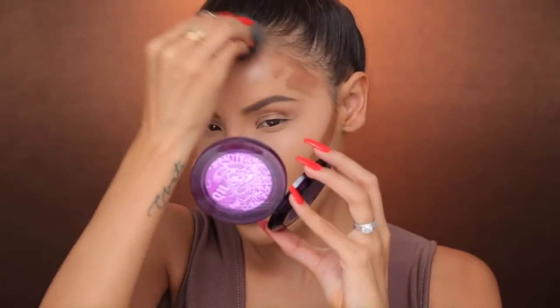I love this foundation stick. I've been using it since forever to contour and bronze. I don't really like it as an all-over foundation, but I love it as a contour. So next, I'm gonna go ahead and dip my beauty blender into my Laura Mercier translucent powder and set the